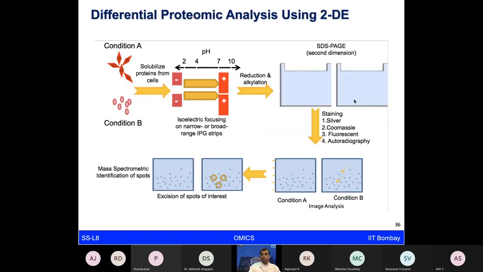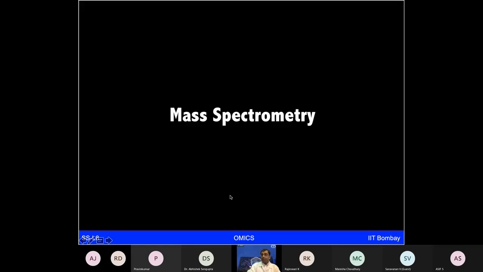So the kind of experiment which I'm talking to you about involves protein extraction, protein separation from 2 different conditions. Then you are separating them in the isoelectric focusing unit, doing reduction alkylation, separating them on either 2 gels with SDS-PAGE or 1 gel with the 2D dye, and then compare the images, excise the spots, and take those forward for mass spectrometry based analysis. So that brings us to really